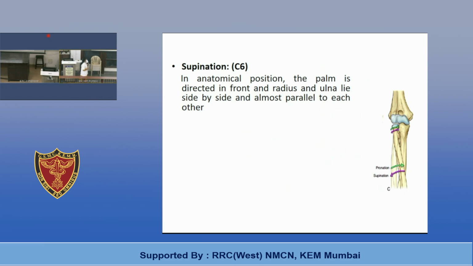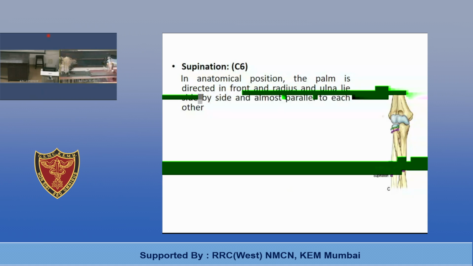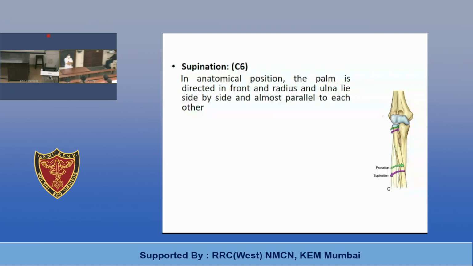Just for understanding, here you can see in supination, in anatomical position, the palm is facing anteriorly and the two forearm bones are present side by side. So they are parallel to each other, radius and ulna. But what happens in pronation? The upper part of the radius lies parallel to the ulna, whereas the lower end of the radius rotates forwards and medially. This also depends on whether your forearm is resting on a surface. If my forearm is resting on a surface like this and I am rotating it, the ulna stays in its position and only the radius is rotating.